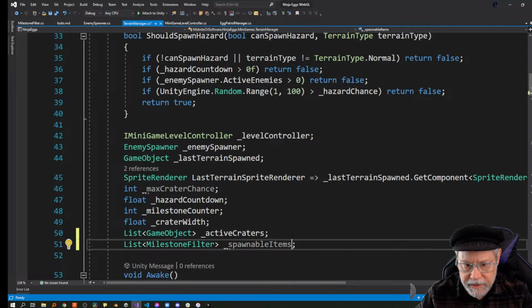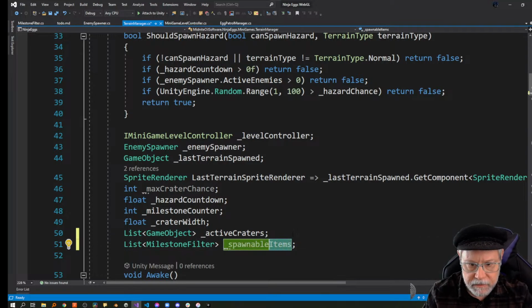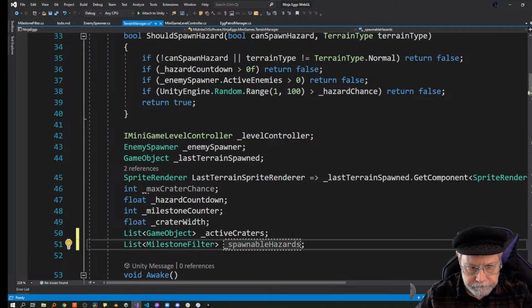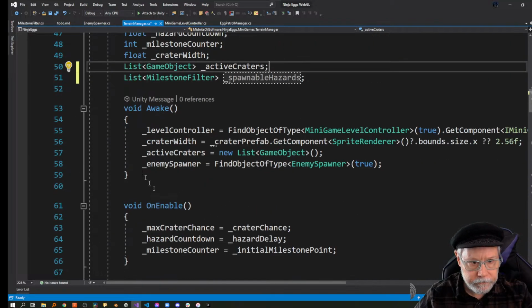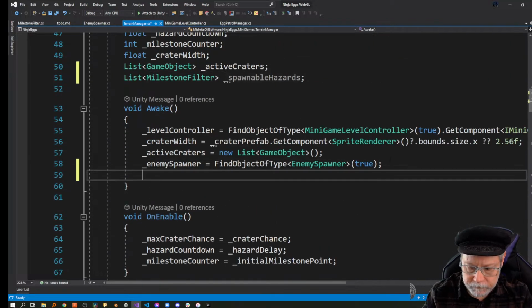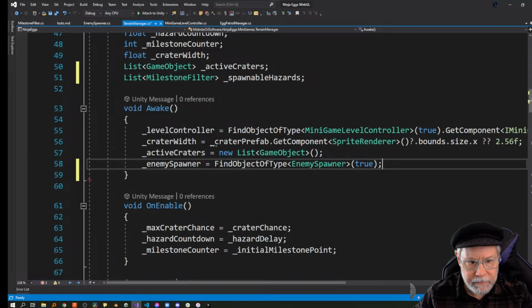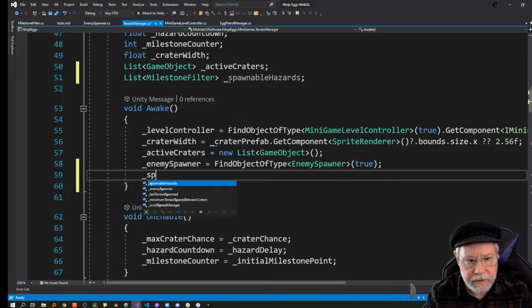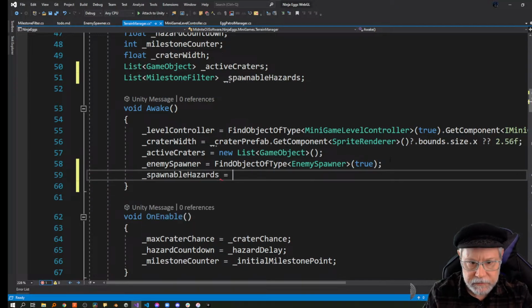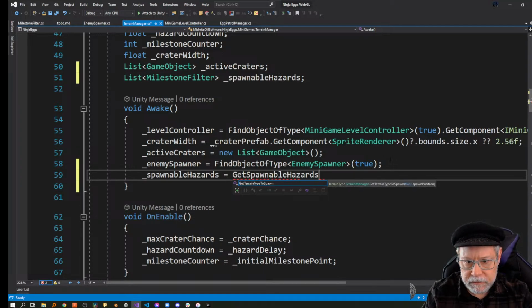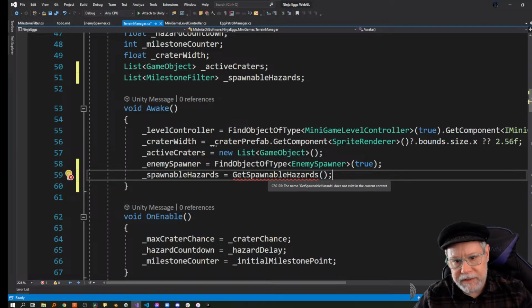I'll say spawnable hazards. Actually, I'm going to go ahead and populate that in a function. And this method is going to look at